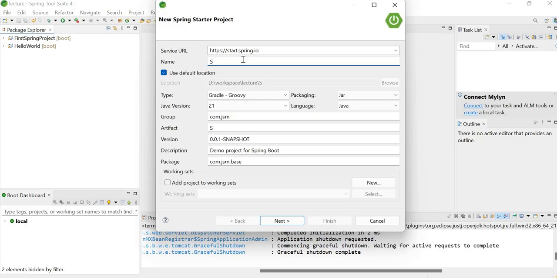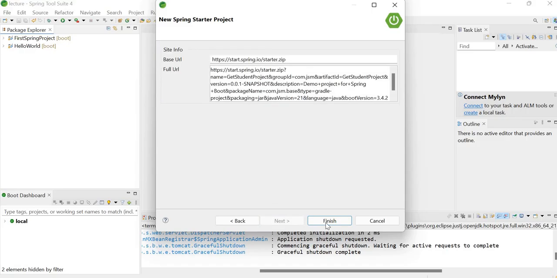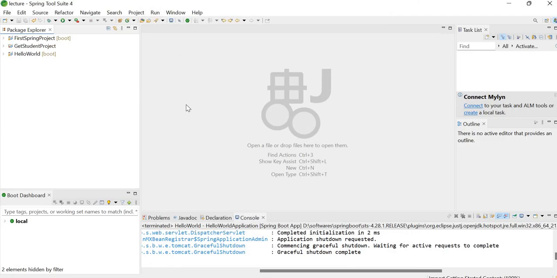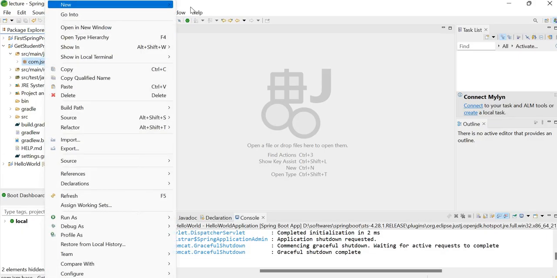I'll write here as a student. Or simply we can, for our understanding, we'll write get student project. So next, select Spring Web. Next, finish. So this is our get student project, and here inside Java I will write one new package